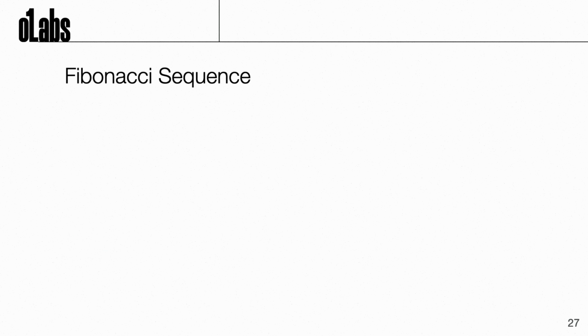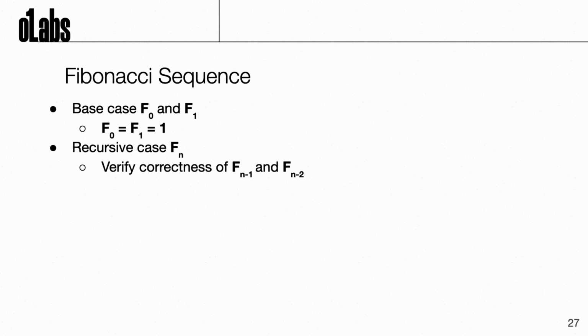So how can we actually fit that into recursion? It's relatively simple. We actually have two cases. Number one being the base case, where we initialize the first two values, f1 and f0. We set them to 1 because that's how we defined it. And then there's a recursive case, fn. The recursive case has to do two things. It needs to verify the correctness of fn minus 1 and fn minus 2, and it also needs to calculate the new fn, which simply means adding the two numbers together, and then return the final value.